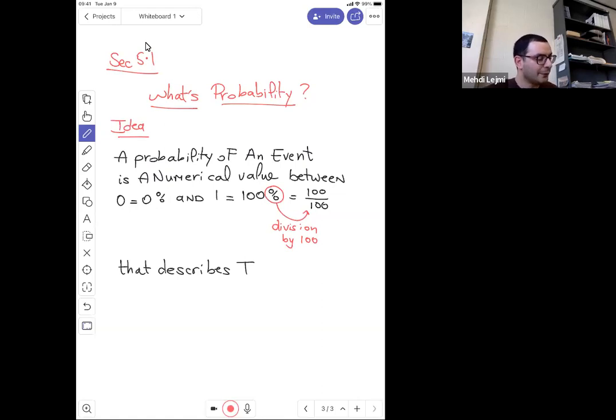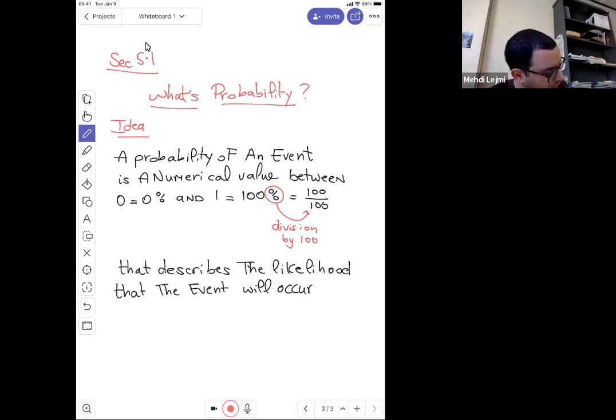So this number, which is between 0% and 100%, describes the likelihood that the event will occur. Again, here by occur, of course, I mean happen, will take place. And of course, if your probability is 100%, for example,